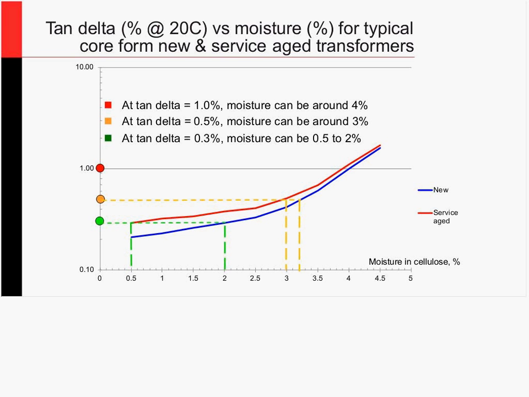And if I just kind of dash line over to where that intersects with my service age transformer versus my new transformer, this 0.3% tan delta power factor that I measure in the field, that could be representing a situation where if I have a service age transformer, it's a 0.5% of moisture, and I'm talking moisture and cellulose, right, and not power factor. So, or it could be representing all the way up to a transformer insulation that's contaminated